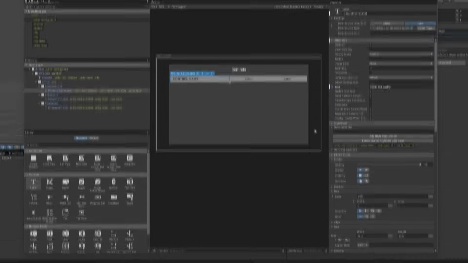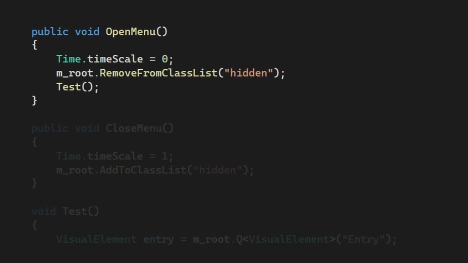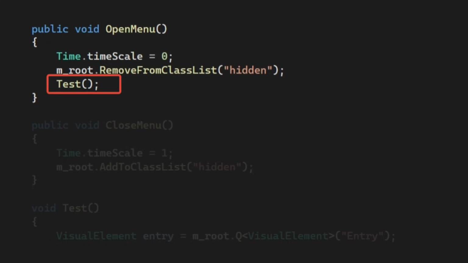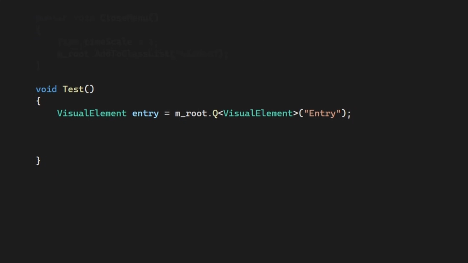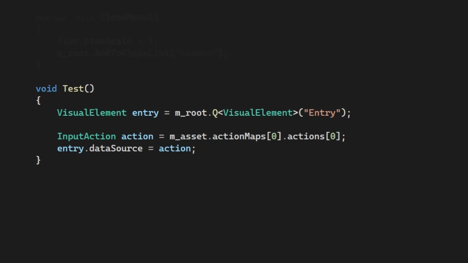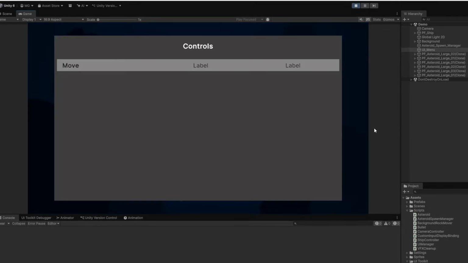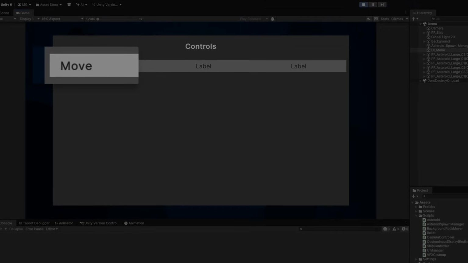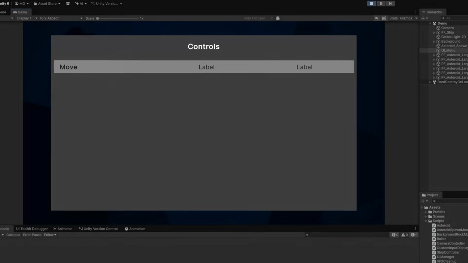To quickly demonstrate this, let's build a little test method in our UI manager. When the menu opens, we'll call our test function and grab our visual element. We'll then grab the initial action in our asset and set it as the data source in our element. As you can see, when we open our menu, the name of our action now appears in the label of our visual element. So this is great for our first label as it uses the name on our input action,